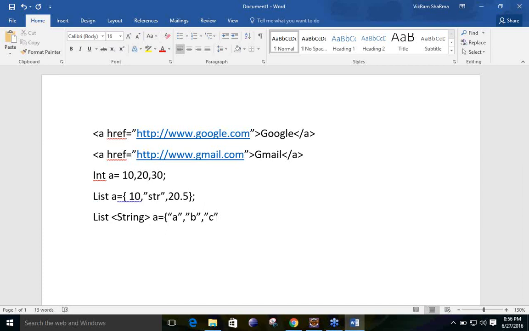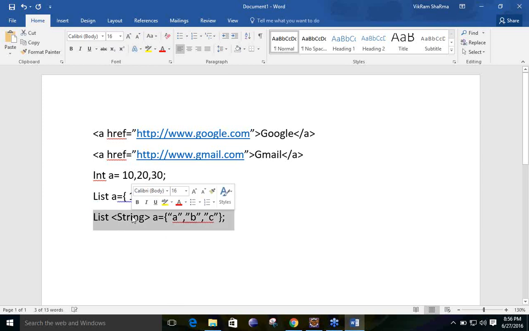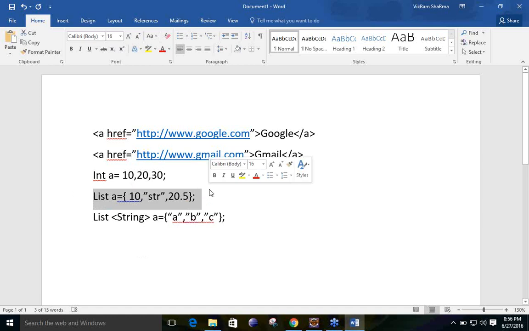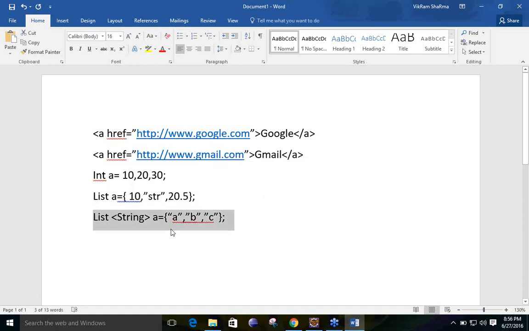Why? Because you have made it a more generalized form, you have told that this list will take only values that are strings. If you are going to give multiple types of values, you need to simply remove this generic form, otherwise you will get the error. So this is the common format, it will take any type of value, and this is the list which is going to take only string values. Clear?